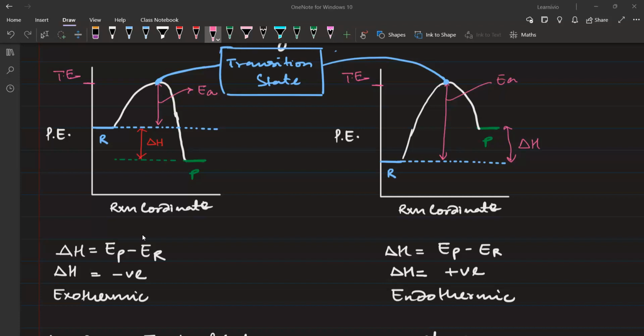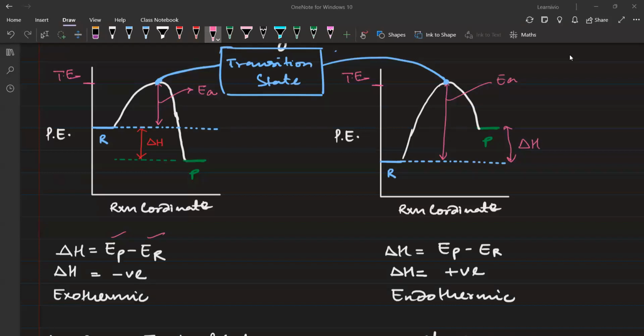The average energy of the product is this much. So the average energy of product is less than that of reactant. That is why when we calculate the enthalpy of reaction, that is the difference between the energy of product and reactant, the product's energy is less, so EP minus ER will be negative, and when delta H is negative, it is exothermic. In the other way, if the reactant's energy is low, it reaches activation energy,